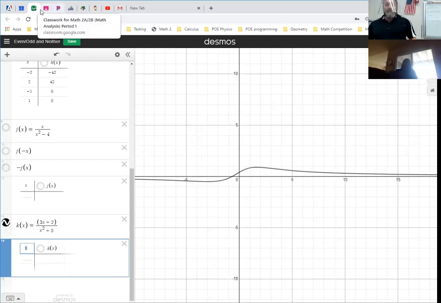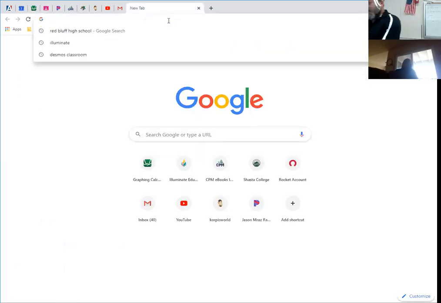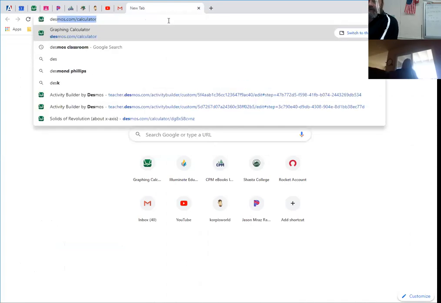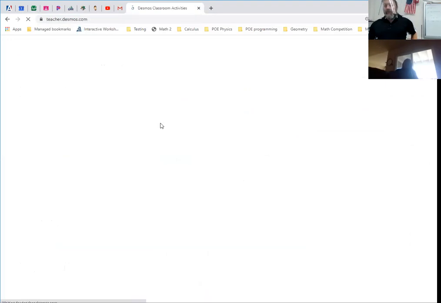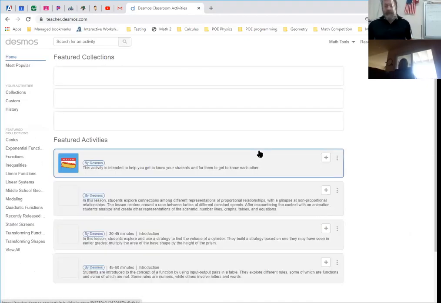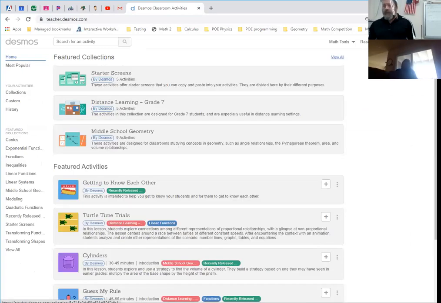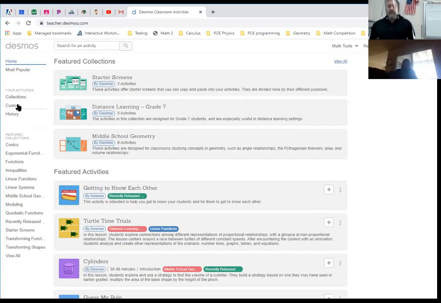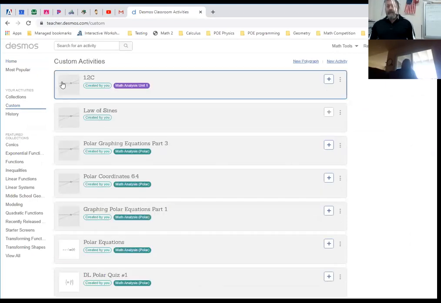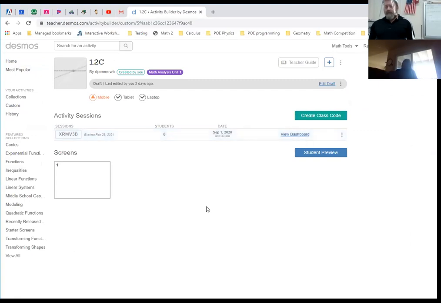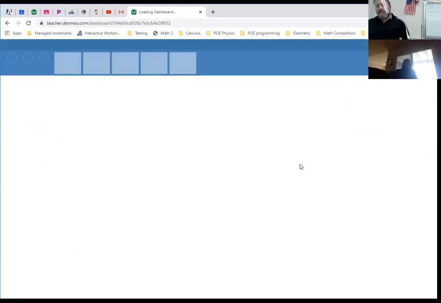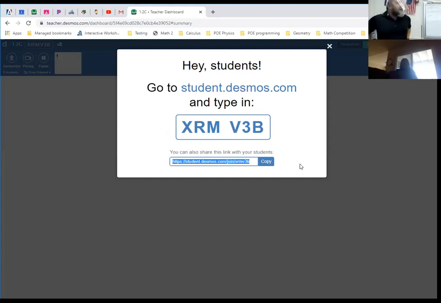But what I'm also going to do is give you access to Desmos Classroom. And I'm going to share something with you guys from Desmos Classroom. I'm pulling that up. Can you see this all right here? Yep, I'm logged in as me. That's good. And it should be this one right here. So you guys are going to be this thing right here. You're going to log into that right there. So go to